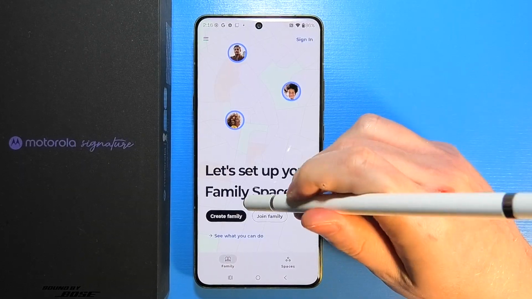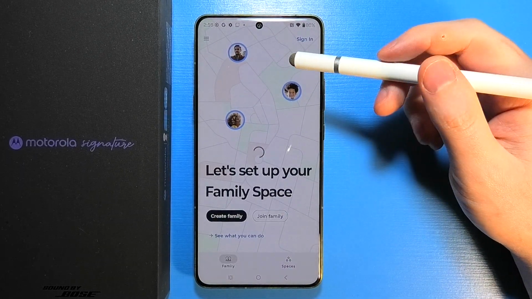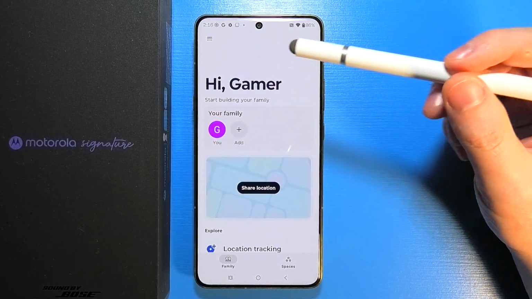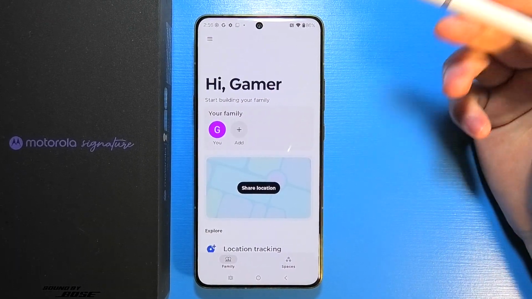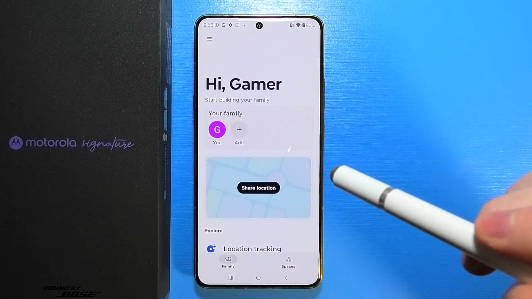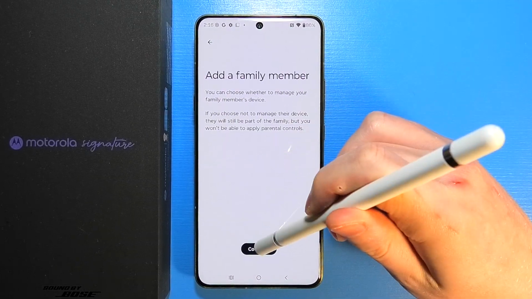So when we have that, let's click on Create, and then we'll be able to see our family screen. Right now I'm logged into my account and it says Hi Gamer, which is my name on the account that I'm using. And now finally, right here you'll be able to click on the plus button to add other